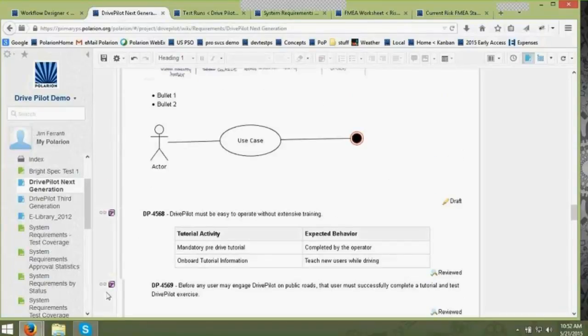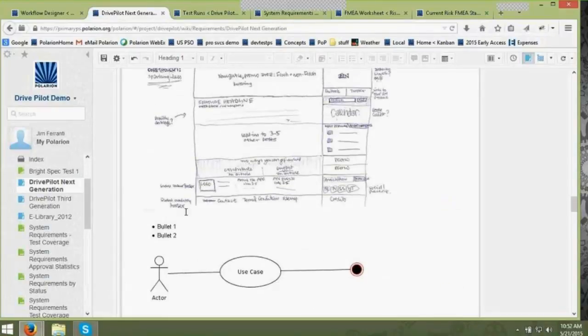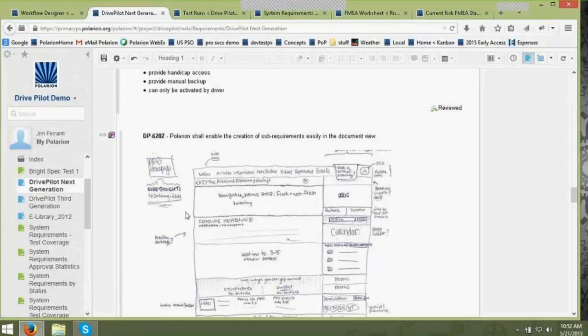Now, what you're seeing out on the left-hand side here is an indicator that each of these is a work item. So one of the major ideas behind a document, a LiveDoc in Polarion, is that more than one person can work on this at the same time. Unlike Word or various other word processors or similar products where you check out the whole document and then everybody maybe can read it, but they can't work on it.